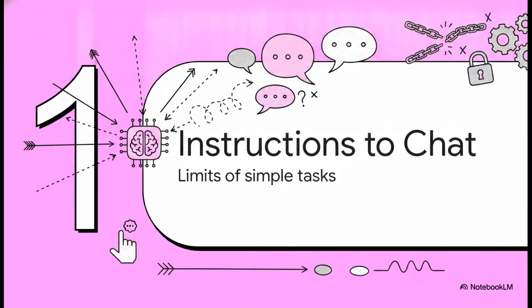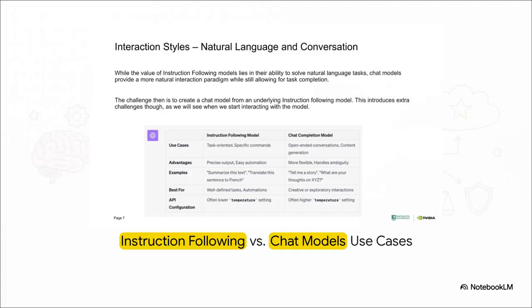All right, let's jump right into section 1, from instructions to conversations, and specifically, the limitations of simple tasks. Initially, AI really relied on something called instruction fine-tuning, or IFT. And look, this was great for very specific single query tasks. Think things like translate the sentence or summarize that text. But those task-oriented structures hit a massive wall when you actually want open-ended conversations. Or say you need the AI to remember a prompt you gave it 5 minutes ago. That kind of paradigm shift requires chat completion models, which just give you a much more natural interaction.